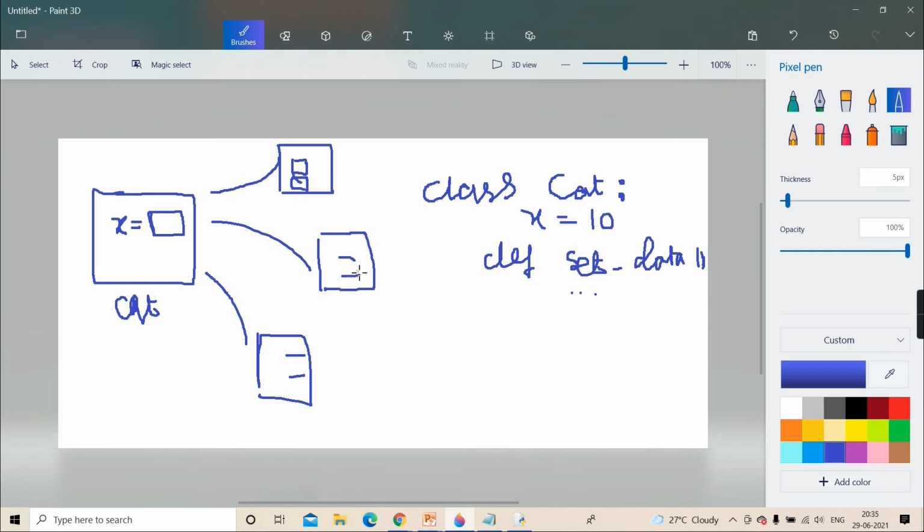You understanding? Clear? And instance data will come into existence only when you create instances. Instances means objects. Objects means copies of your class. So unless and until objects are created, this data won't come into existence. Now the question may be how to identify it as an instance data.